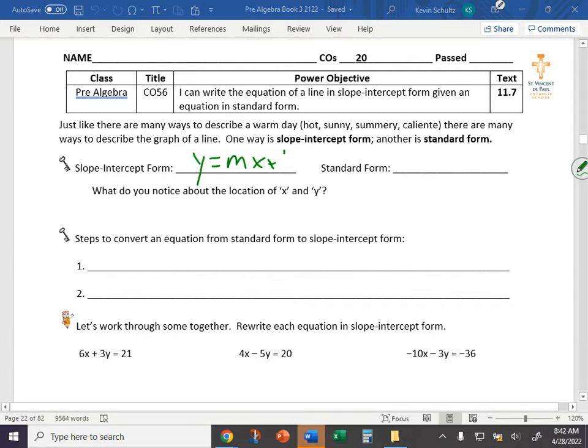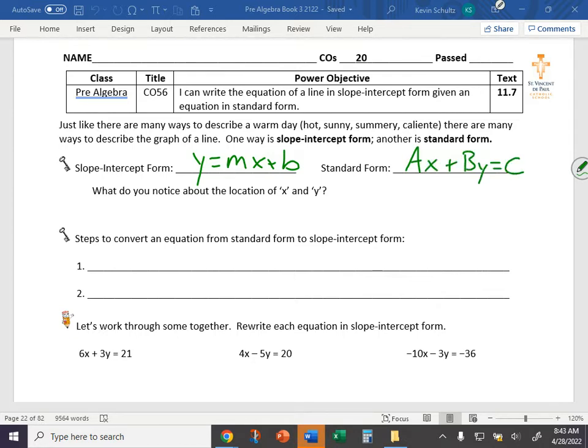That's correct. Standard form. Evan, what do you have written for standard form? AX plus BY equals C. AX plus BY equals C is good. That is correct. And so then we went into kind of the two steps for converting an equation from standard